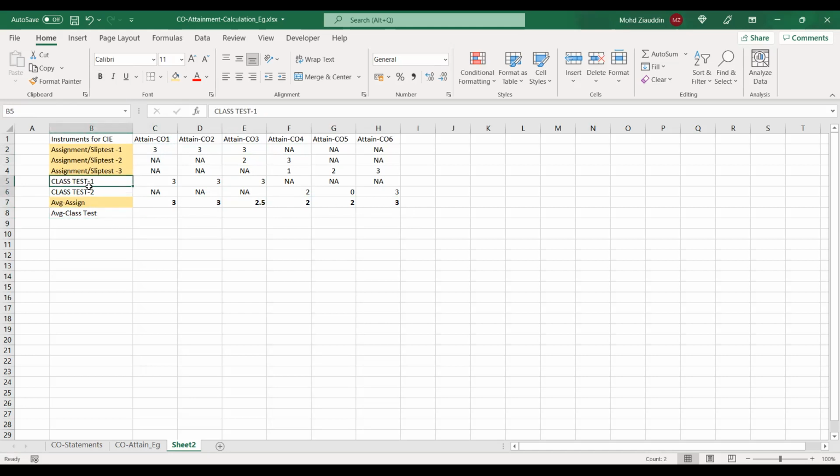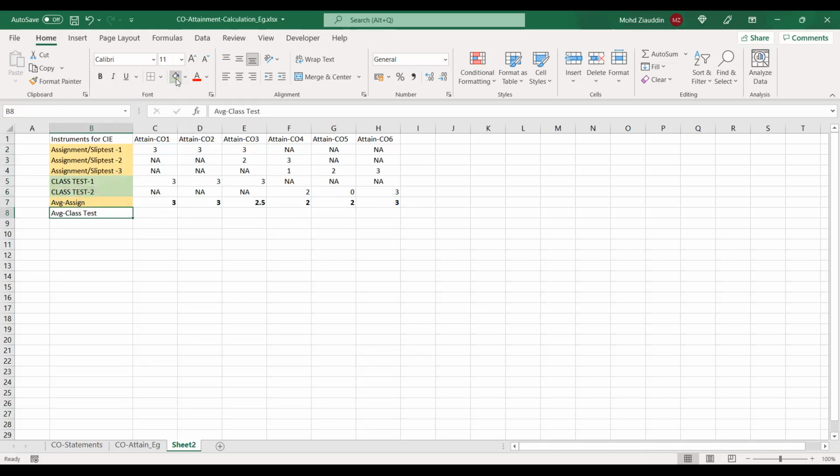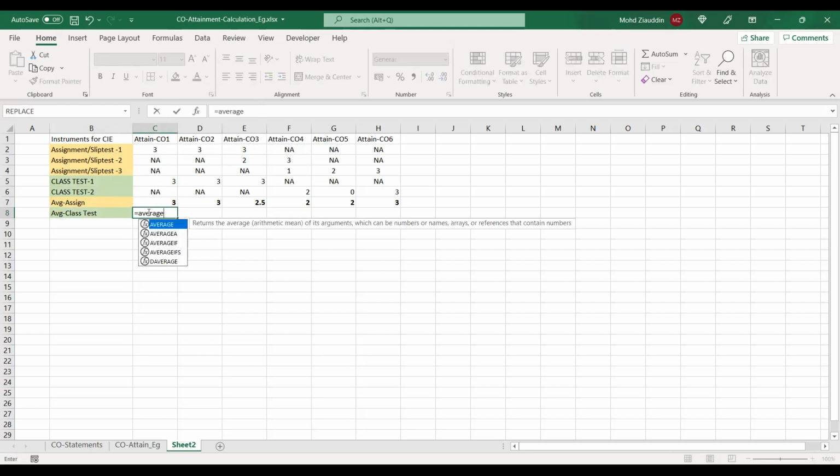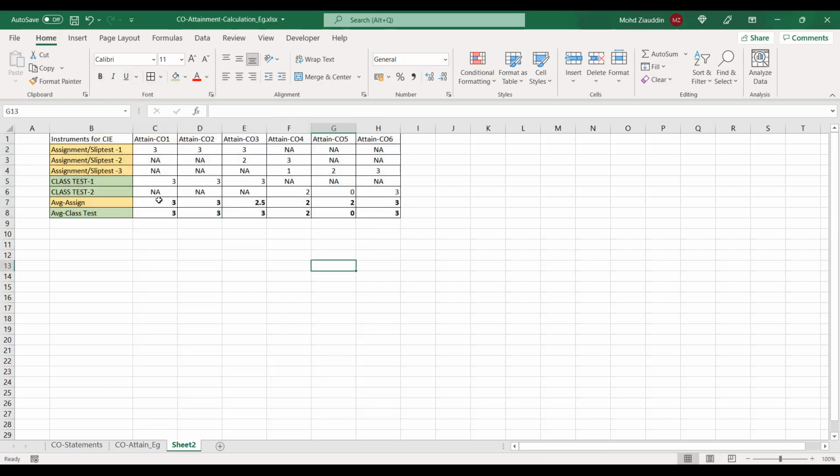Now let me calculate the attainment through class test. So I will be using the same formula average this time, but I will be averaging only the attainments of class test. These two. Okay. And you can extend this. Just bold them up so that they look good. Right. So once you have done that, better draw some lines. It looks good. Okay. So the average attainment through assignment is 3 for CO1, and for class test it is